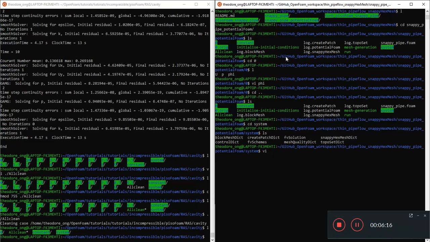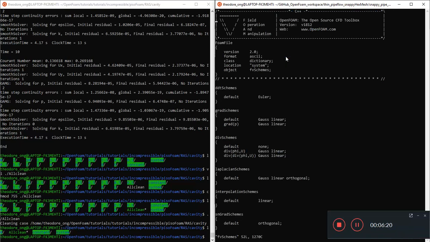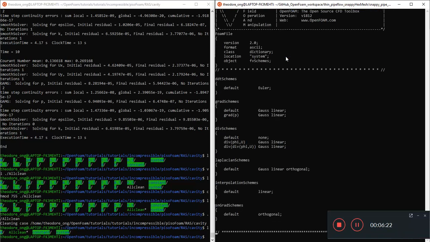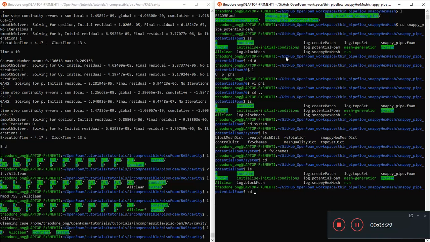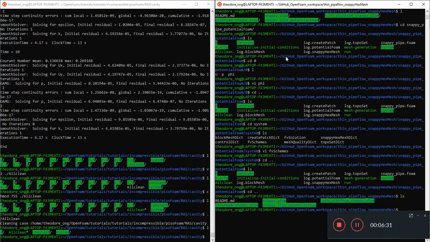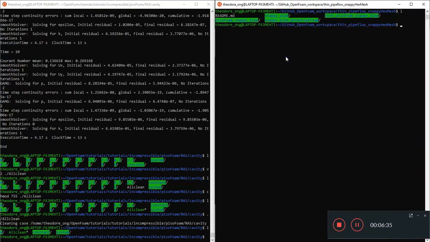In the FV schemes and FV solutions, there should be some differences we'll need to spot if we want to include potentialFoam. I think it's in FV. Oh man, you know what? Let's do this later. We'll just make a dry run of pisoFoam turbulent. Clear this up. Have a dry run of pisoFoam, the turbulent version,